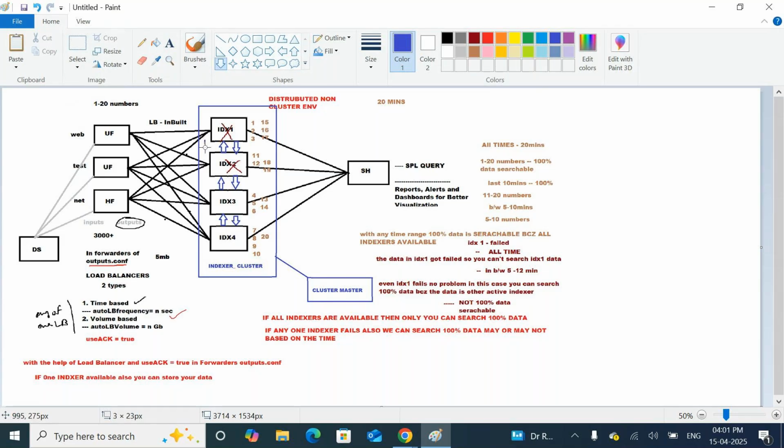It maintains the replications, so that if one indexer fails, the same data is in other indexers as a copy. So even if one indexer fails, you will still get 100% of the data.